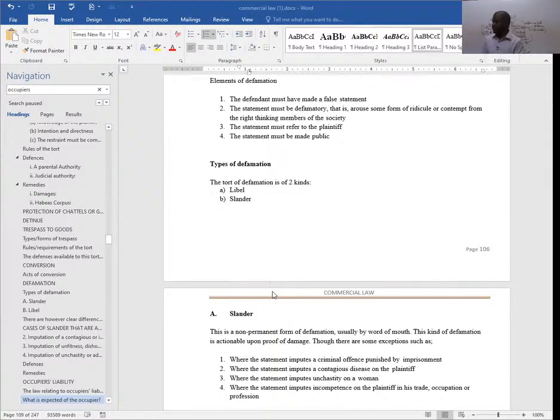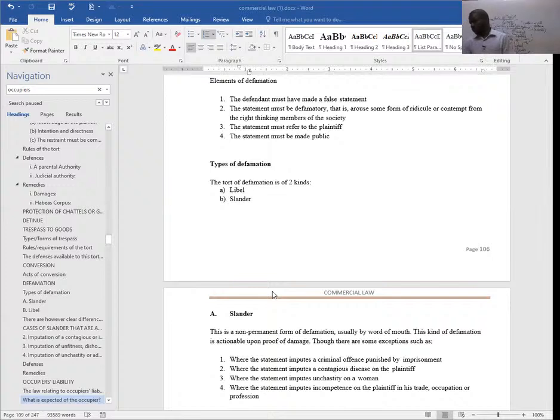So if someone imputes criminal activities, there is no need to prove damages have occurred. What we mean by damages is that out of that statement that was made, a loss occurred, or maybe your name in the society, your character, was looked at by people in the society as not being correct. So you don't have to wait for such to happen. So long as someone has imputed criminal activities on you without any form of proof, it simply means that you can go to the court.